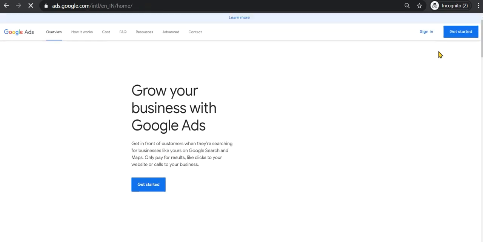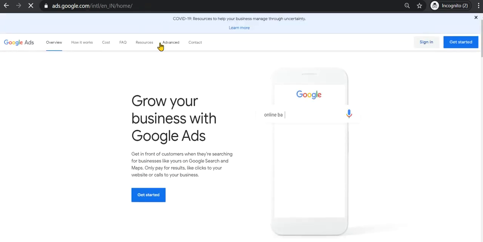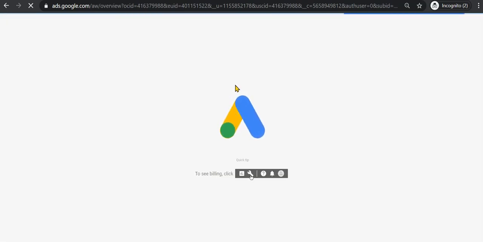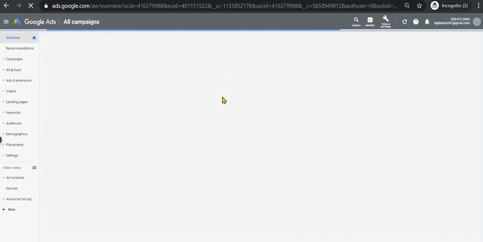So I'm just logged in here. I'll just sign in. This is the URL domain, just remember it. If you have not used it or created ads.google.com, this is the particular domain we need to log in. I'll just go to my ad account. So guys, you would have remembered in my earlier videos how I created the account. Once you create the account, the pop-up of ad accounts will come like this. The number of accounts that are created will show, and you can select from there. So this is my ad interface here.